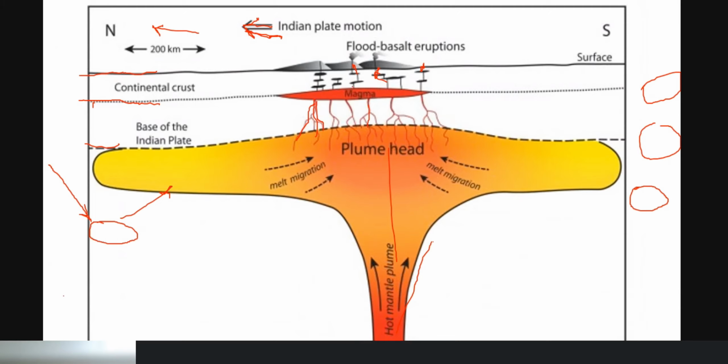it will go towards the continental crust, and it will move like this, and first here will form, then here will form, then we will get a series of flows. This is also the cause for the mass extinction of several species including dinosaurs around 65 million years ago during the Cretaceous period. They went extinct because of the large amount of eruption.